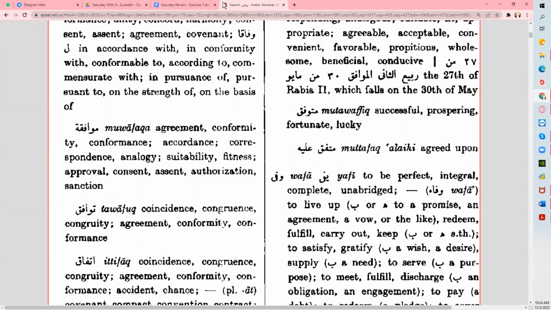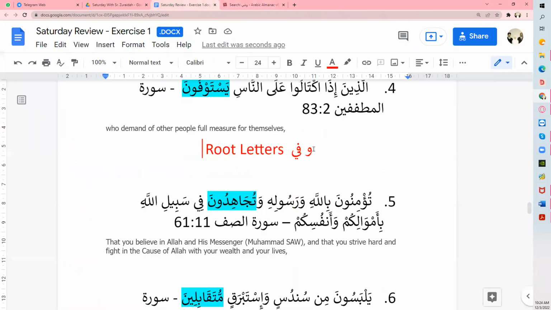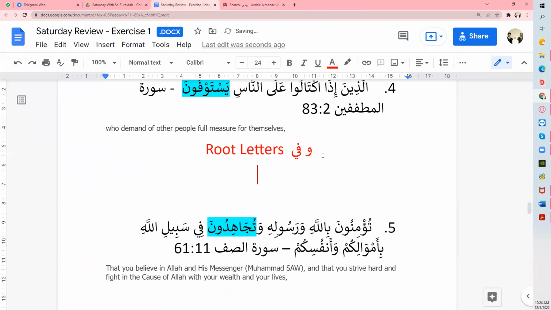This is more the way you write the madhi of mujarrad. Okay, but the root letters are waw, fa, and ya. So now, what family was it? You said family 10. So family 10, let me just write the letters for you, so it's easy for you to look at it, and then you tell me the harakah.